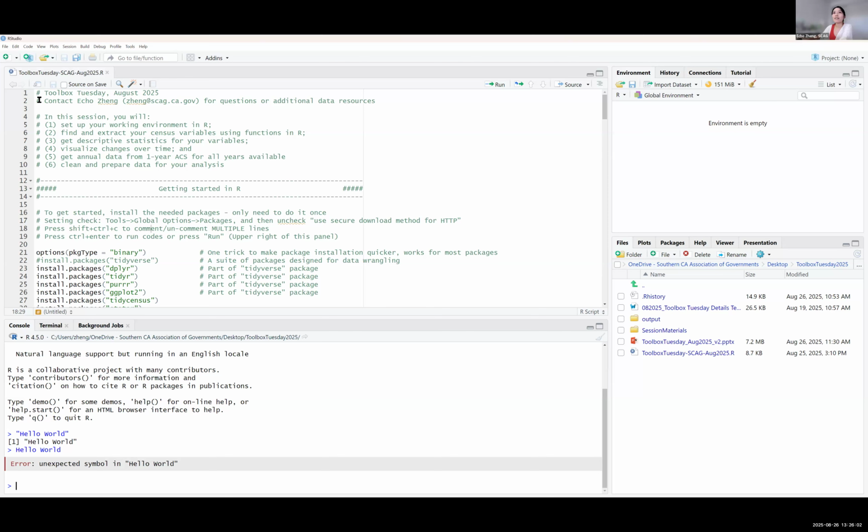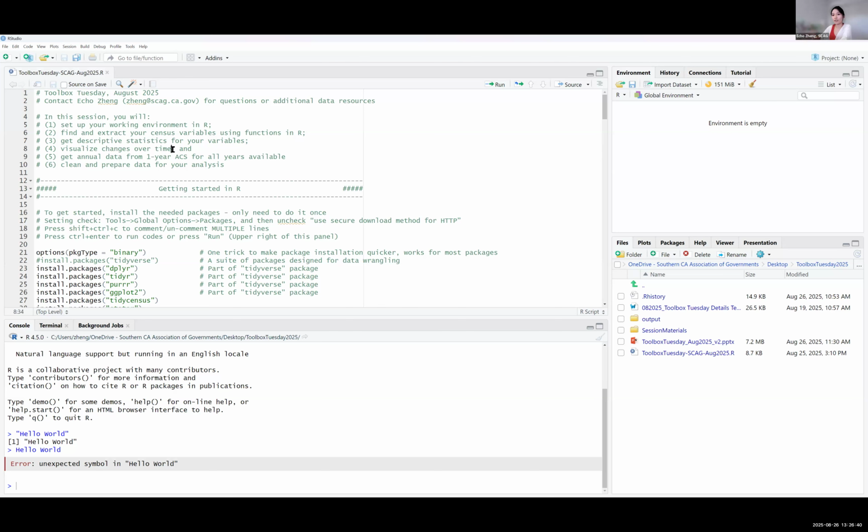Okay, so let's look at the script together. This is the Toolbox Tuesday session. You're welcome to email me with questions after this session. Today I hope to see if we can hit all of these milestones. If not, that's okay. We'll try to set up your work environment in R. We'll use R to find and extract your census variables. After we extract the variables, we'll get some quick descriptive statistics for them.